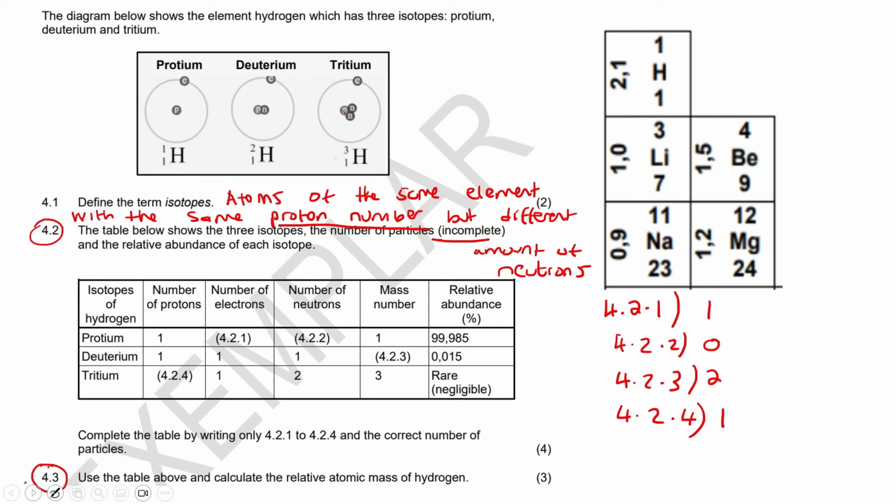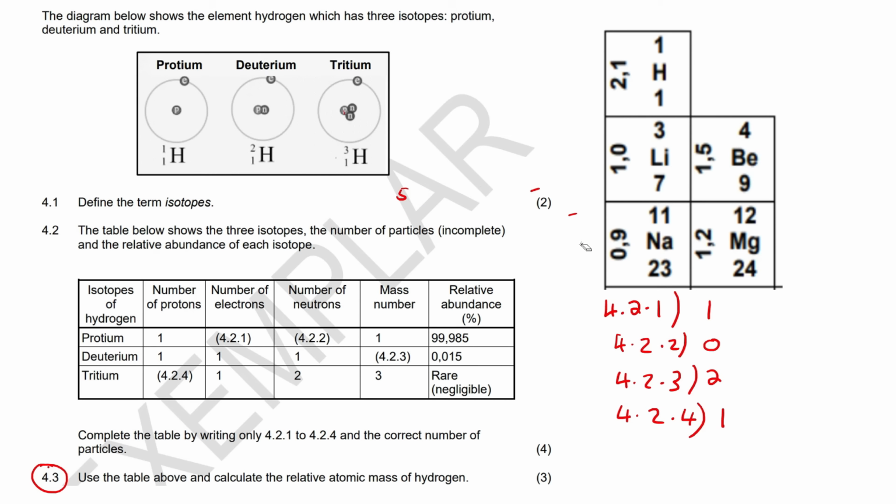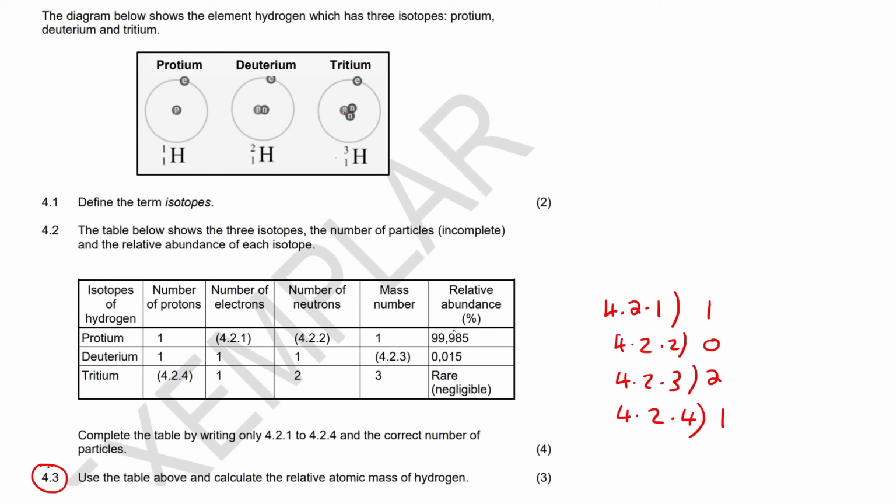Now this one is for 3 marks. Use the table above and calculate the relative atomic mass of hydrogen. Okay, I have showed you how this works before, how to calculate when they give you the percentages and all of that. If not, you need to go check that video out. So pretty much what we do is take the percentage of this one, 99.985, multiplied by its mass, plus this one's percentage,